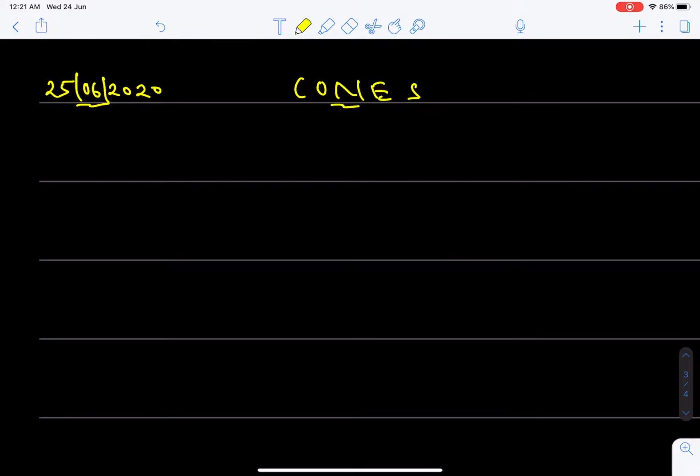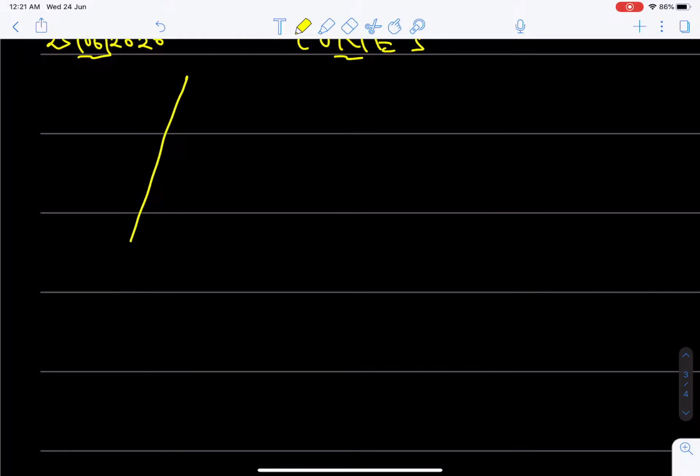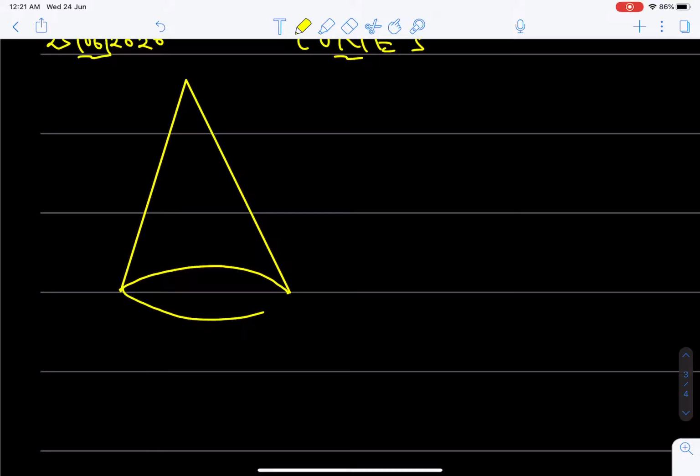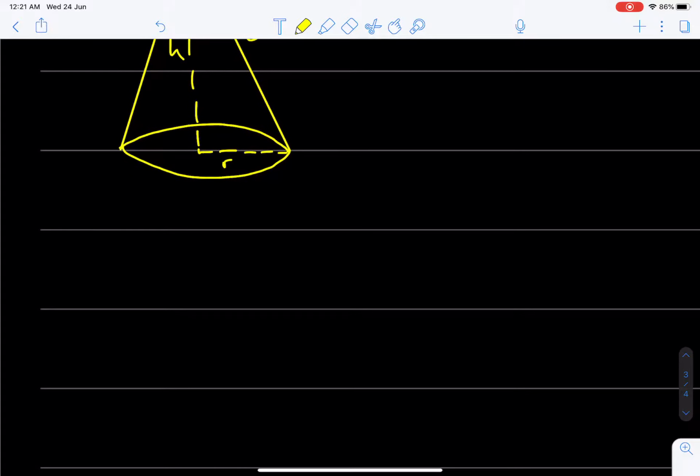Okay, now this is what a cone looks like. That's a cone. This vertical represents its height, while this represents its base radius. This is its vertical height, and this is its slant height. Now, let's take a few